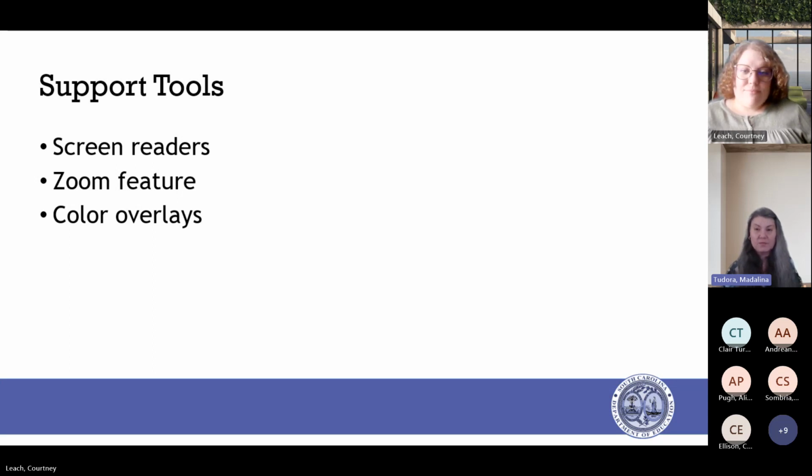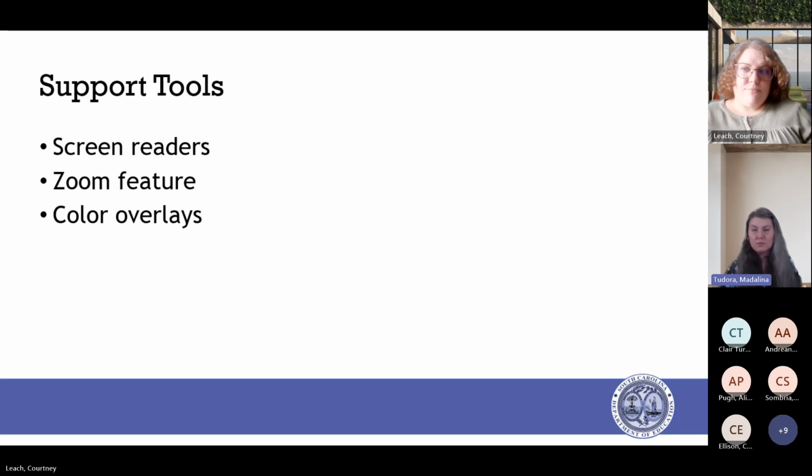We have VoiceOver. We have other options for Android devices, for Google. We have Chromevox for Google. If you have an Android phone, that's called TalkBack. So you have options for screen readers and text to speech that are built into whatever platform you have. You just need to know it's there and look for it in your settings and you turn it on to see what that experience would be for somebody that is trying to use that screen reader to access your content. So that's a good way to check it.